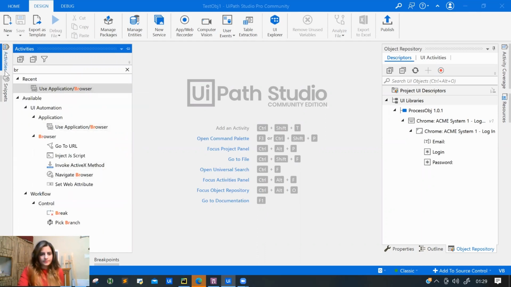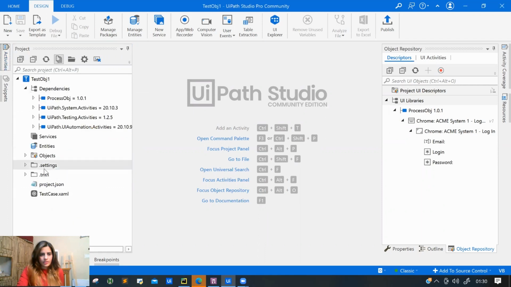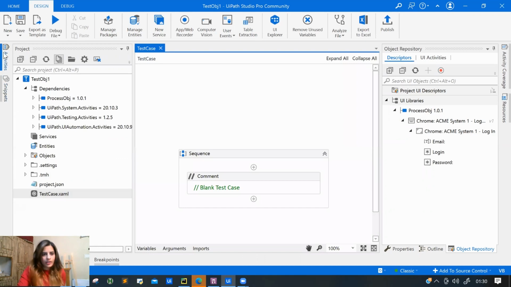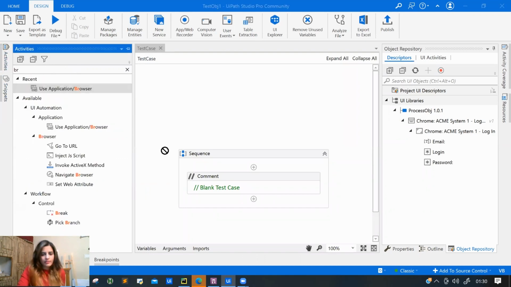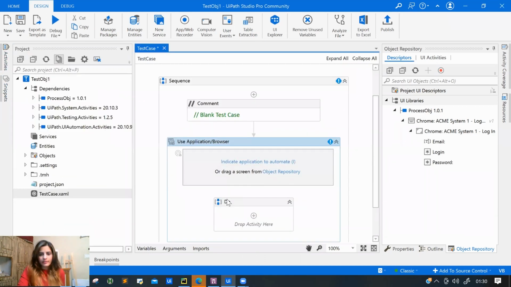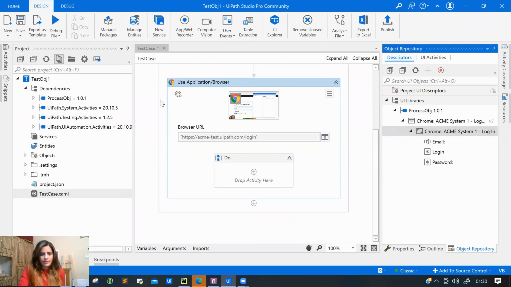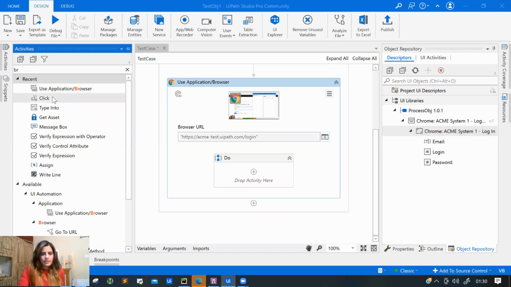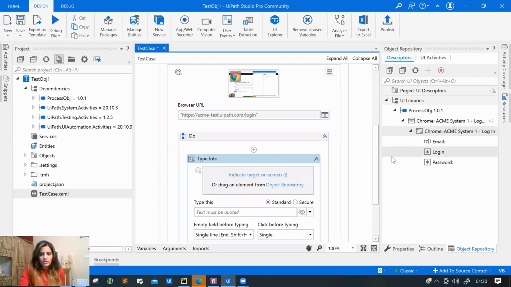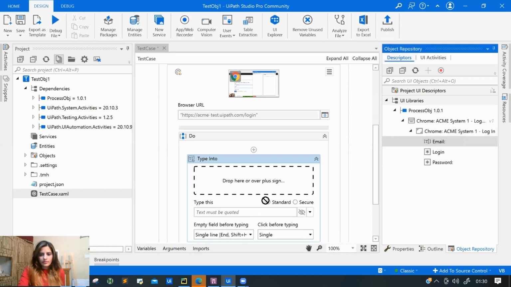Okay, give me a second. Here is the project one test case. Okay, and then the activity. If I just go ahead and give the activity, and then this will be my screen, I can just drag and drop that screen and then type into email.